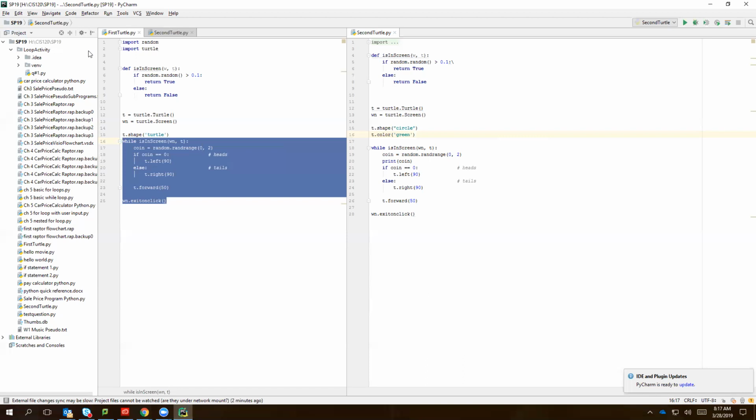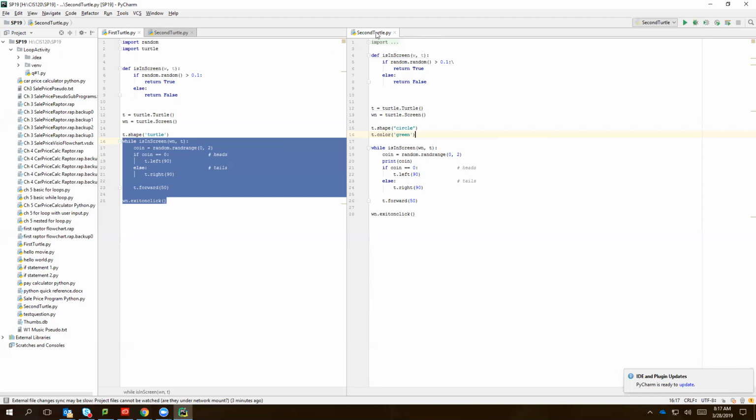At PyCharm, you've got that sidebar with your library, or your folder basically with all of your Python files. Mine, of course, has my Python files in it and my Raptor files because I keep all that stuff together in one folder for the class. But I can just real easily double click over here to open something and see what it's like. Now, when we open something, we're going to see it in this middle window. Right now, I'm seeing 2 different Python files